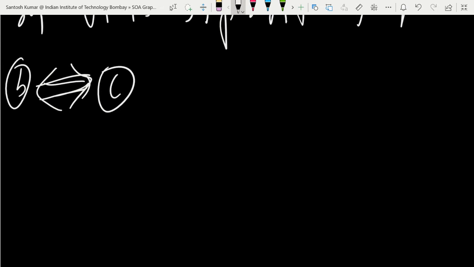B statement is every face of G has even length, and G star Eulerian means every vertex has even degree. Are you getting my point? So we assume that statement B is every face of G has even length. So what do you mean by that? Every face of G has even length.